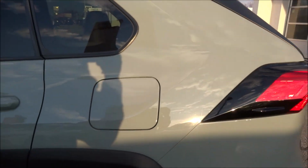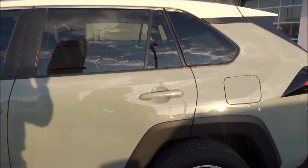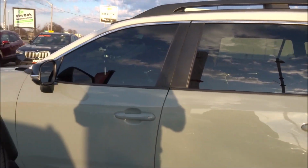There's an inside release, but these just take regular gas. This is a non-turbocharged, 4-cylinder, 2.5 liter. Again, these are rated at 200